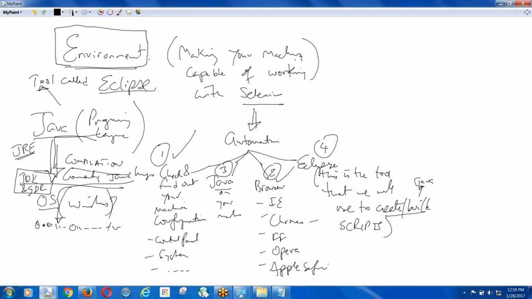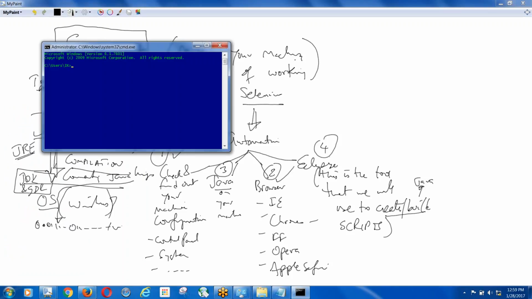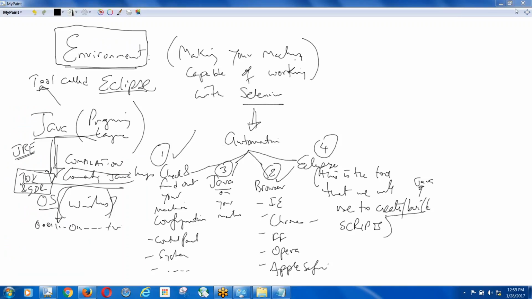So coming back, after you do this, if you had that command box open, close it. Because when you open the command box, it goes and reads and finds no Java. So you did everything now. You close the command box and then open the command box again, and then type java -version, right? That's going to give you the latest version once we added the latest version. So now that we have Java done,